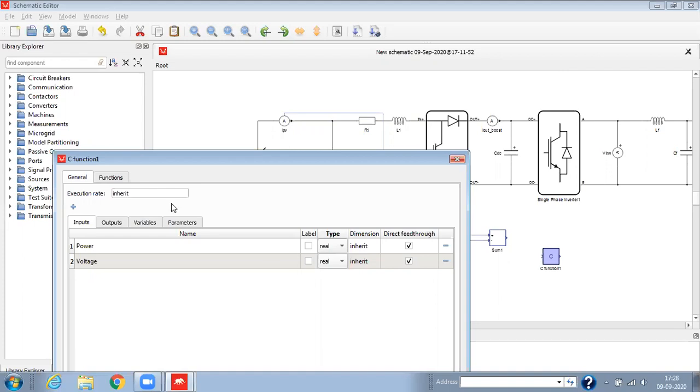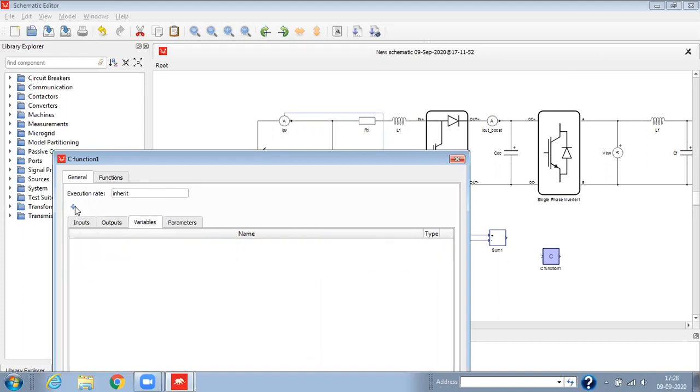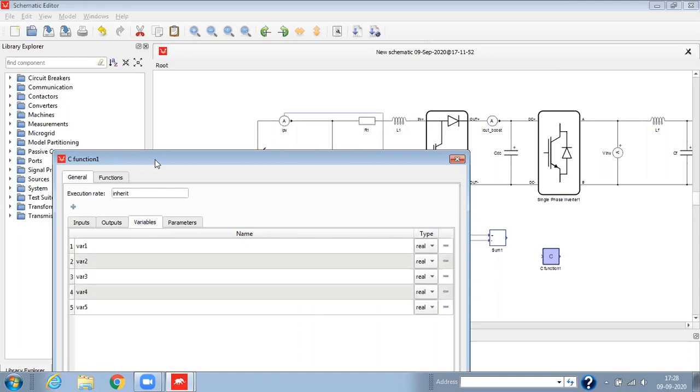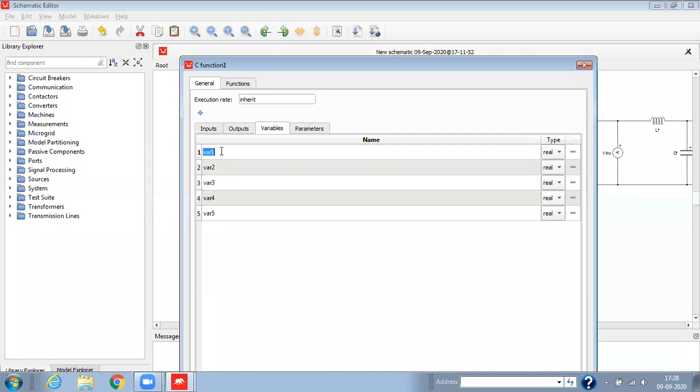Now at the output we are going to observe, there will be some variables here. While writing the code we require some variables, so we'll define those variables.